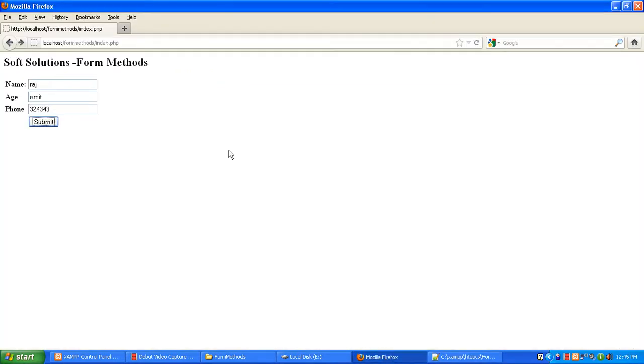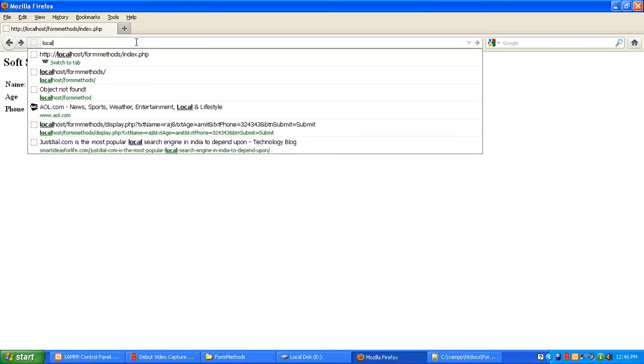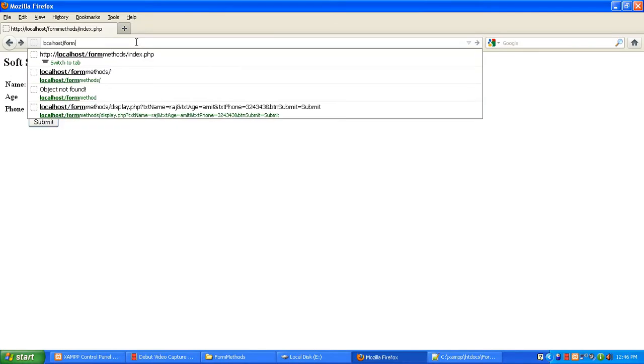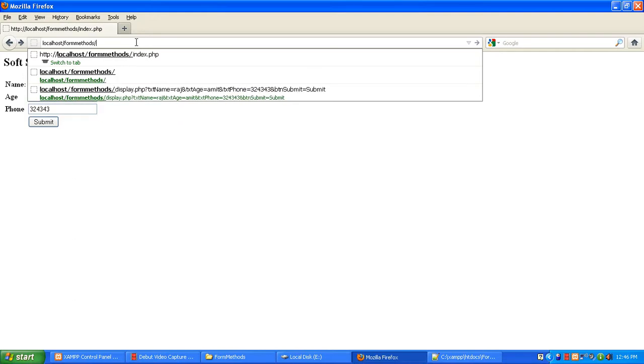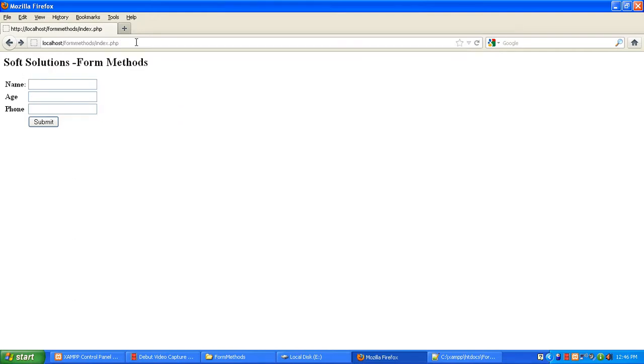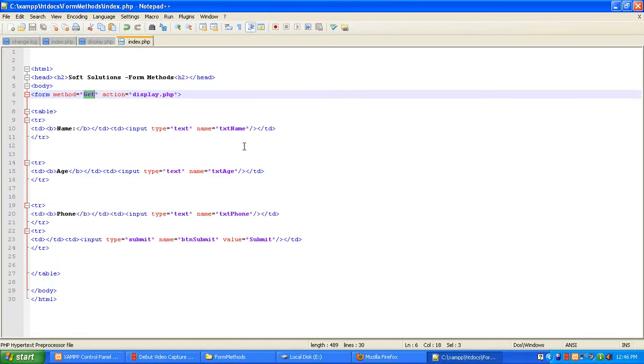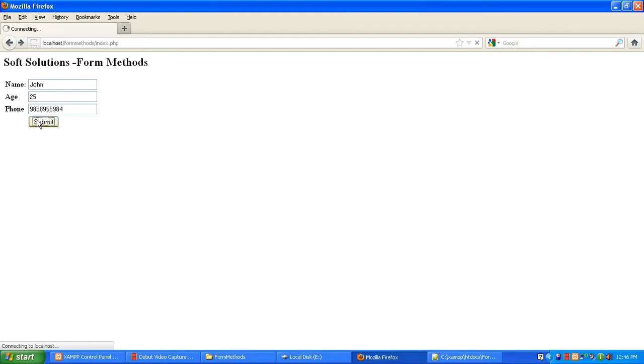Now let's take an example. When we run this page, write down localhost, form methods is the name of the folder, and index.php. So you can see we have a fresh page with the name index.php. I will write down the name John, age 25, and the phone number. Now when we click on the submit button, because this submit button is submitting the form to page display.php, you will see